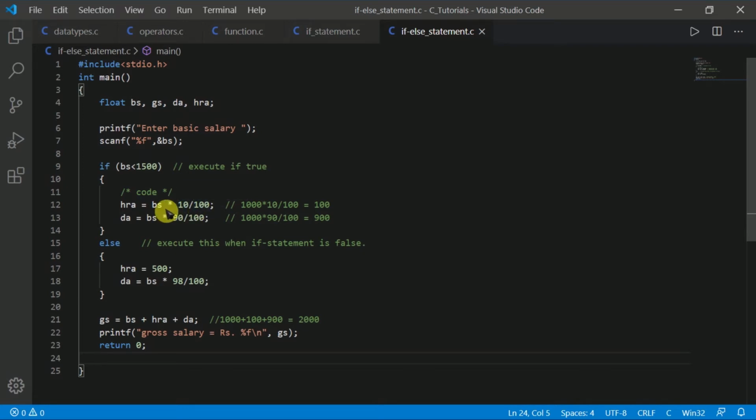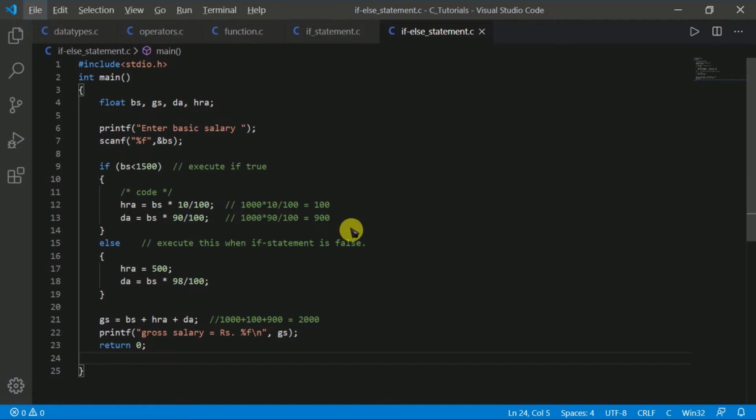Our BS is 1000, as I gave it in the terminal or output screen. 1000 into 10 equals 10,000, and if we divide 10,000 by 100, the answer is 100. Like that, DA equal to BS into 90 divided by 100, so 1000 into 90 equals 90,000, and divided by 100 the answer is 900.